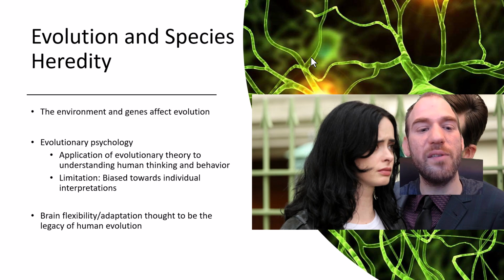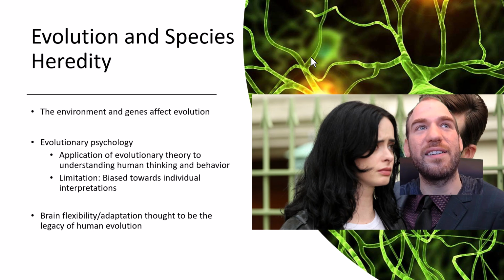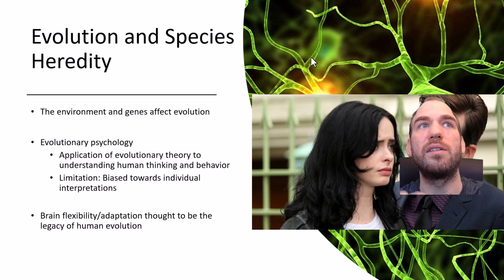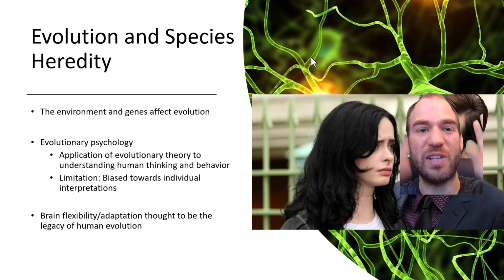But one other specific adaptation, maybe rooted in evolution, is brain flexibility and adaptation, which we talked about throughout this course, and we will continue to talk about it. Again, our environments and our social interactions literally shape our brain, shape our behaviors, and impact our genetics, which we'll talk about momentarily. The idea here is that through that flexibility, those biological, neurological, and genetic mechanisms allow you to theoretically adapt to your environment and thus survive. So it's kind of like plus and minus.